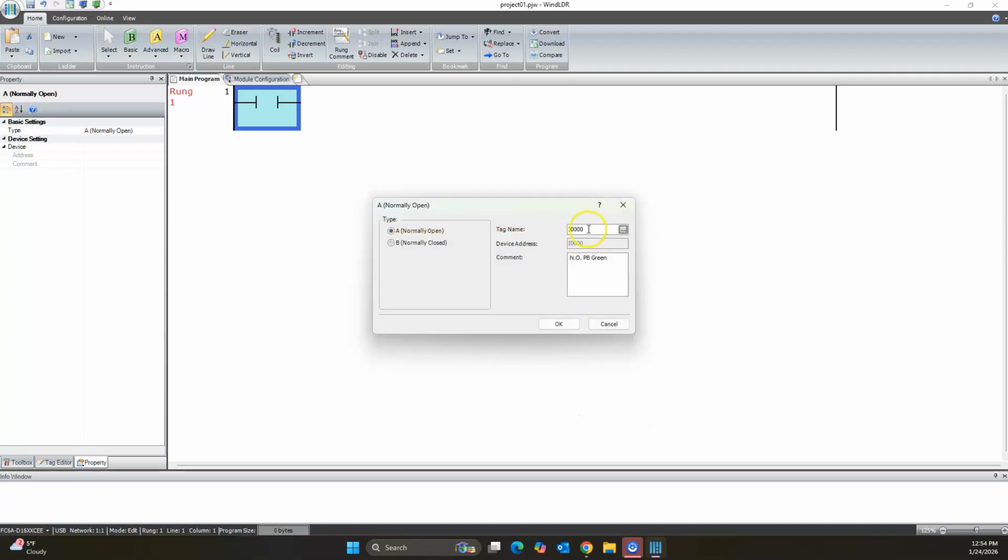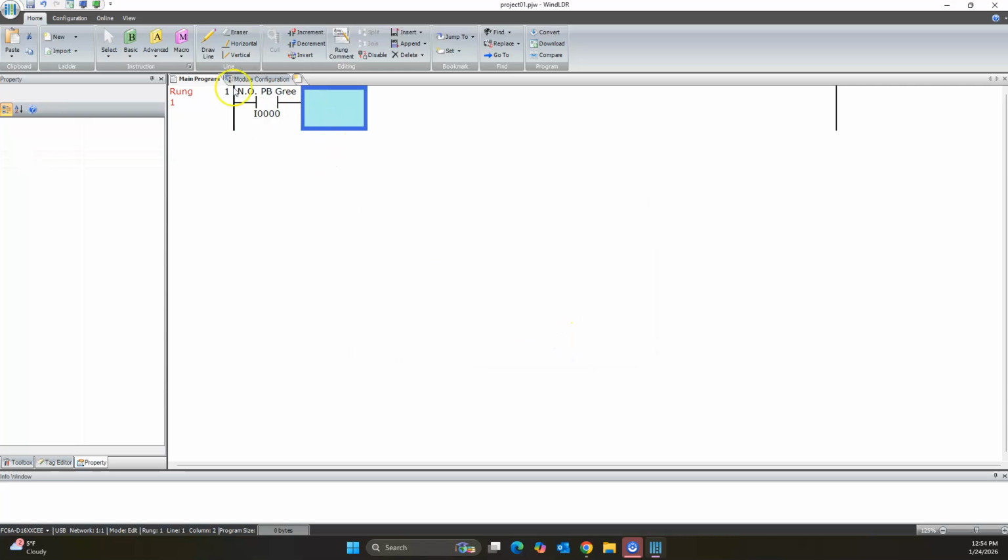And now I see I0 here. And I see my comment of normally open push button and it's green. Okay. We can write in here whatever makes sense to us. Whatever is going to differentiate this device to you, that's what you want to put in there. So, okay. So here's my normally open push button. It's green. Cool. Now I'm going to add another